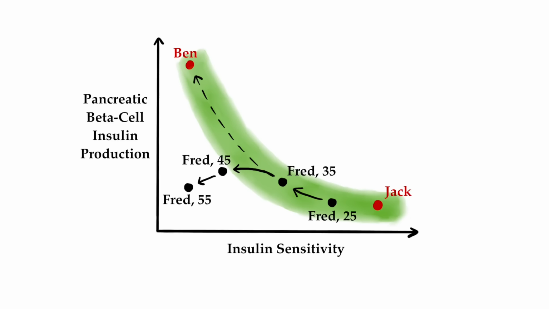Now the big question, why is the pancreas able to produce so much more insulin in Ben here, our example from earlier in the video, but not in Fred? This topic is deserving of a separate video, but for now, let's just say that whether or not your pancreatic beta cells can increase their insulin output if they have to, is to a fairly large degree related to genetic factors. That said, it is also clear that other factors that we can potentially influence also play a role here.